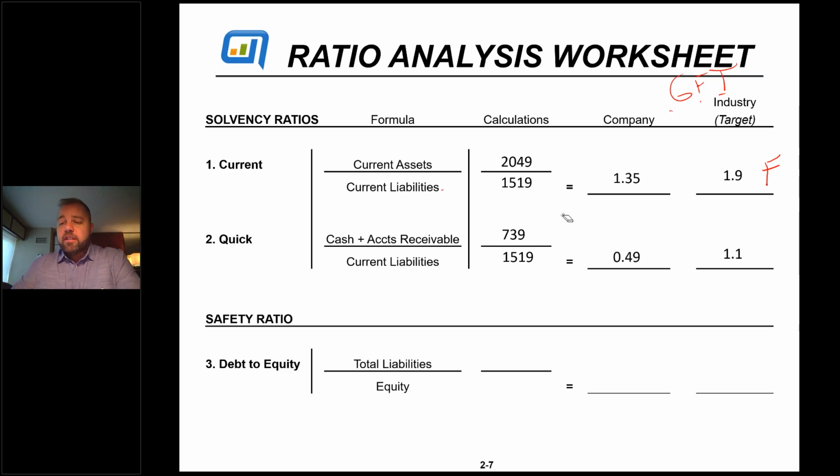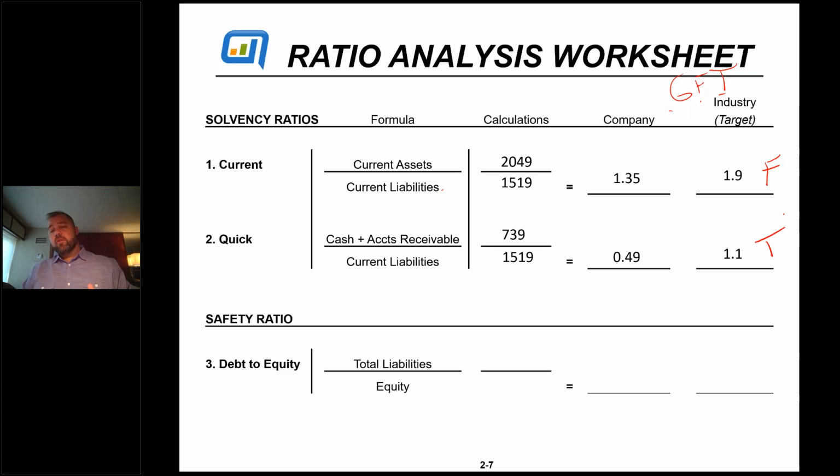Conversely, everyone else has $1.10. So where he has 49 cents to pay for every dollar on the credit card, everyone else has $1.10 to pay for it. So I'm going to say that's terrible, right? That's terrible. So you're starting to see as we go down through there, I'm getting a feel for how this company is, fair, terrible, or otherwise. Okay, debt to equity, moving down through these. If you went ahead and did them on your own, that's great. Maybe you're just checking your work, and I'm kind of talking through it.